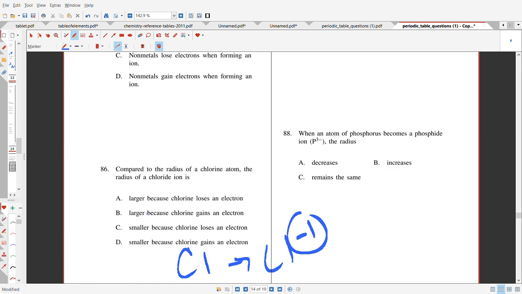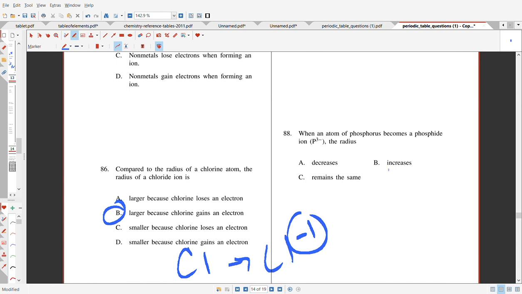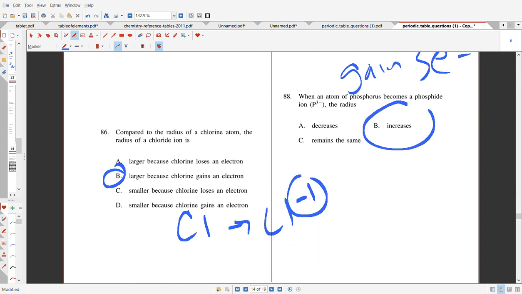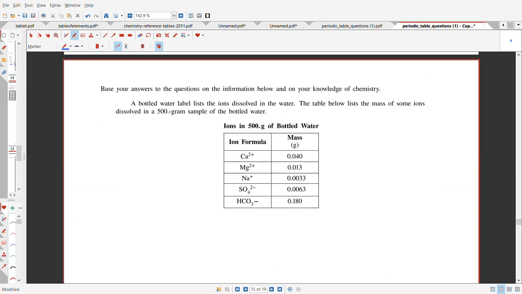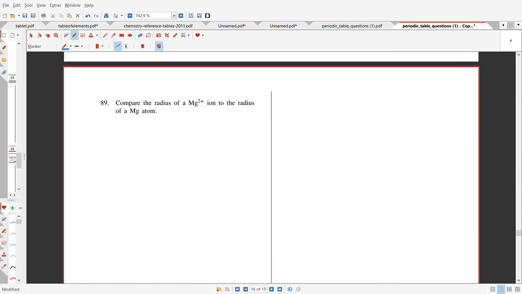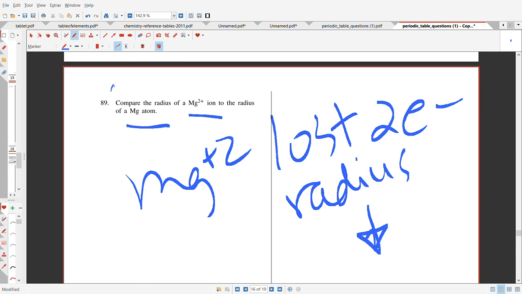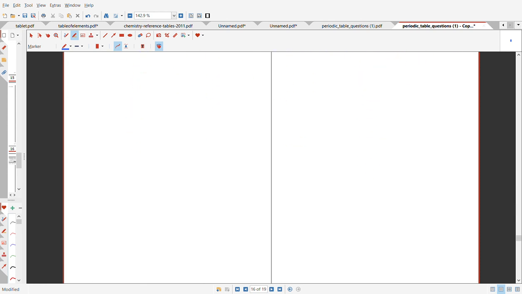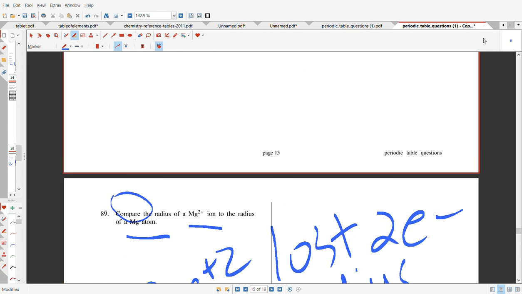So chlorine got larger because it gains. You're definitely going to get this, that's why I'm drilling it. P3- means you gained 3 electrons, so the radius gets bigger. Man, how many problems did I put here? Okay, this one. Compare the radius of an ion to an atom. Well, what does the +2 mean? You lost 2 electrons, so the radius decreases. Whenever they say compare on open response, the answer is either higher, lower, or the same. So you could just guess. I went through that fast. It took 21 minutes, but